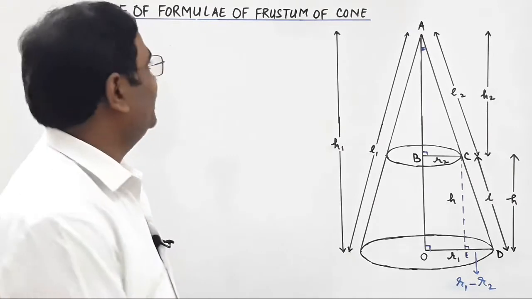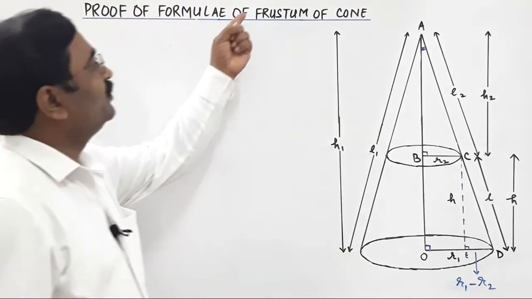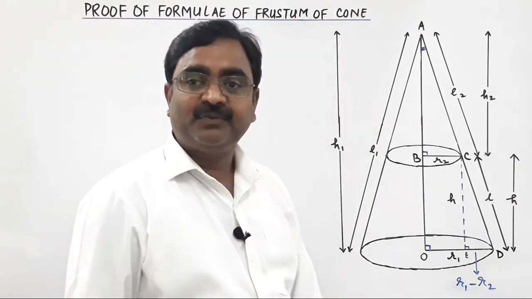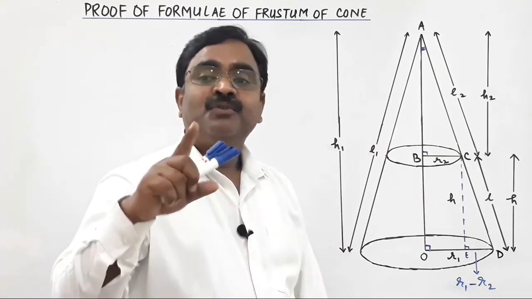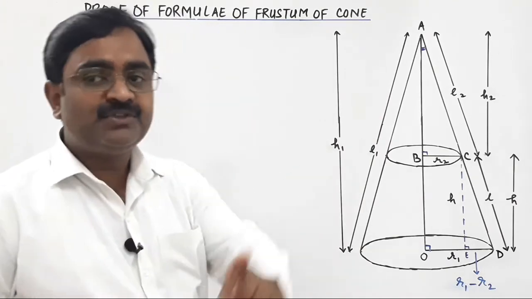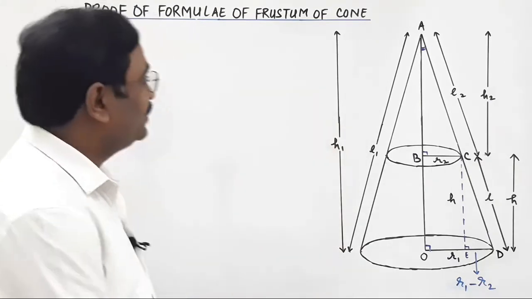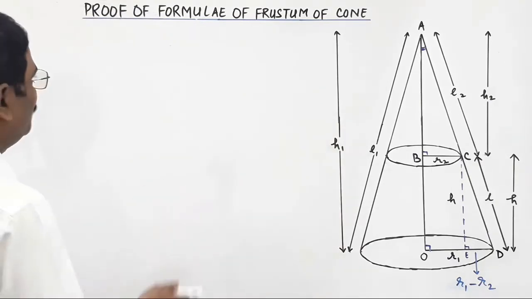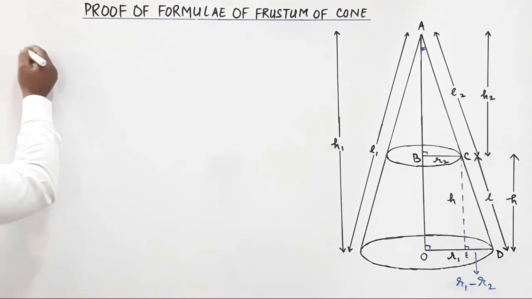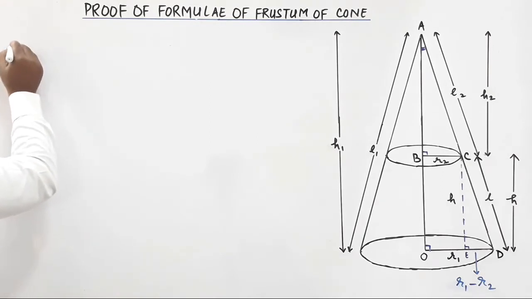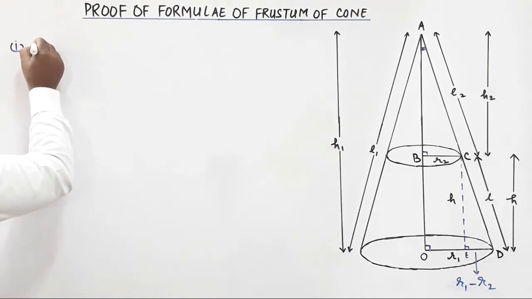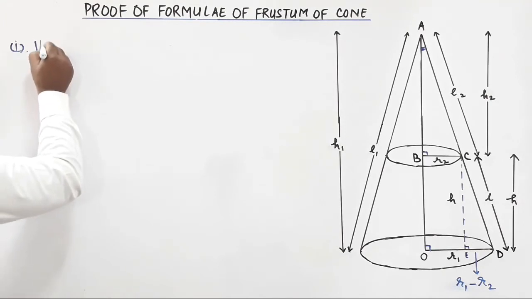To come to our topic, what is our topic? Our topic is proof of the formulas of frustum of cone. So now we are going to prove the first formula, which is the volume of frustum, right? So let us find the volume of this frustum. First part we are going to start. So the volume of frustum is equal to